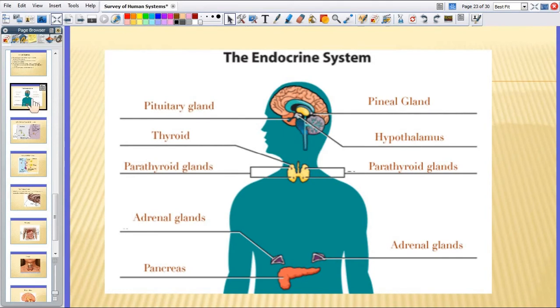A gland is a tissue that produces and secretes, or gives off, a chemical. Some glands release their chemicals in specific areas. The exocrine glands, the sweat and the saliva glands, secrete their chemicals right at the source. Other glands, like the endocrine gland, create a hormone that is released into the bloodstream that will be carried away and used somewhere else